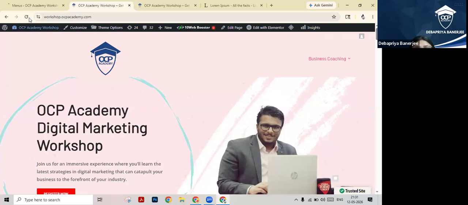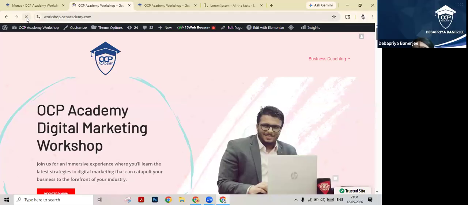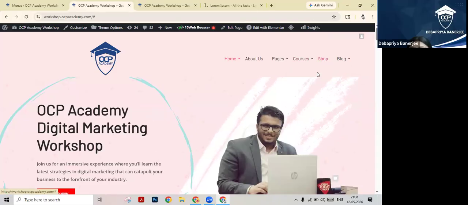Very simple. You just need to create the structure and the rest of the things will be available like this. If you want to keep them, you can keep them. If you want to remove them, you can remove them according to your preferences. You can just do whatever you want to.